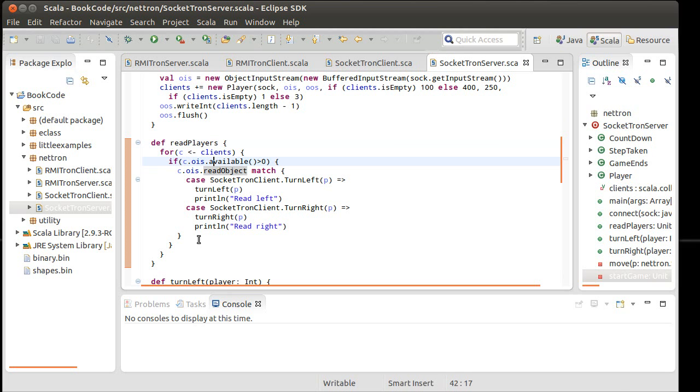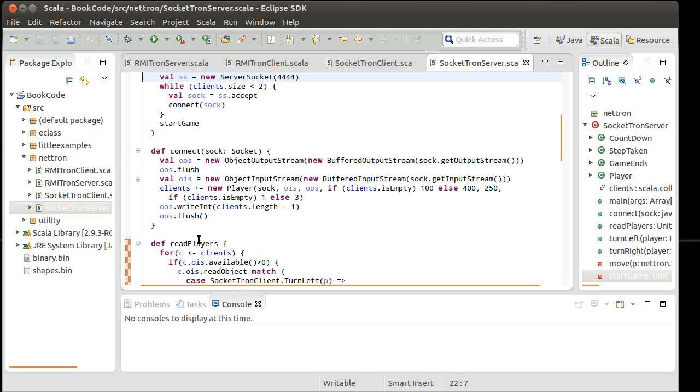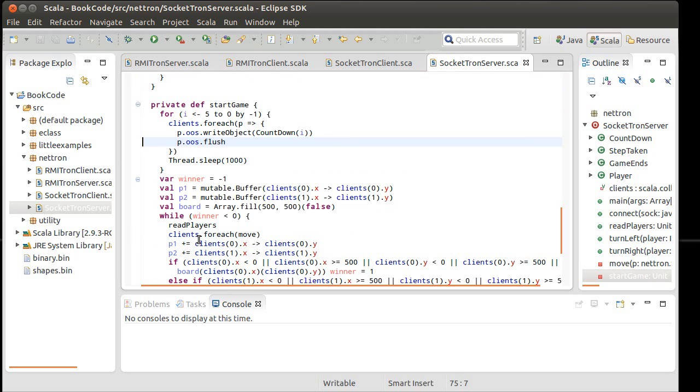This call is not working for the object input stream. I don't remember ever having this problem in the past, but I also can't say that I've explicitly done an is available on an object input stream in the past. So we have to work around this. And as I mentioned in the last video, one way to work around this would be to use multiple threads instead. So instead of having the read player called from